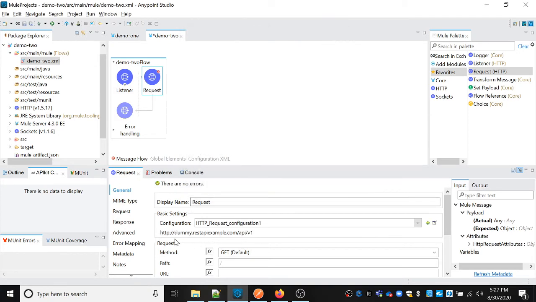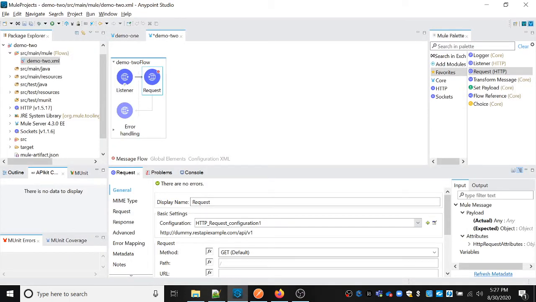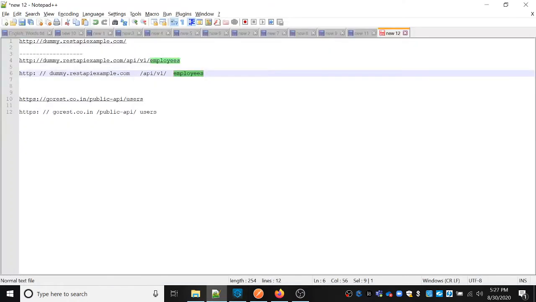Click on OK. So this is the construct of the endpoint here, and this is the endpoint of the REST API. I can provide this endpoint path here, employees. You can check the full endpoint URL; it matches the REST endpoint, right?